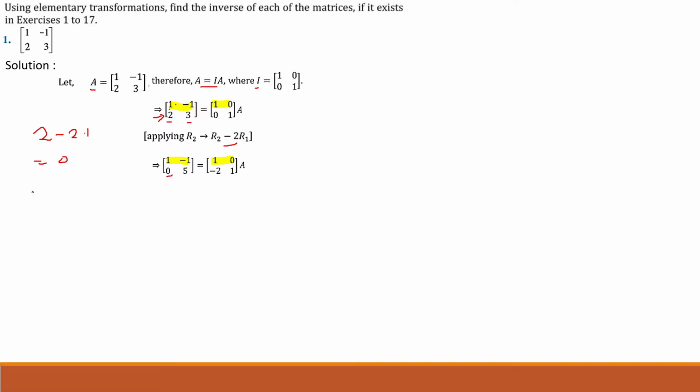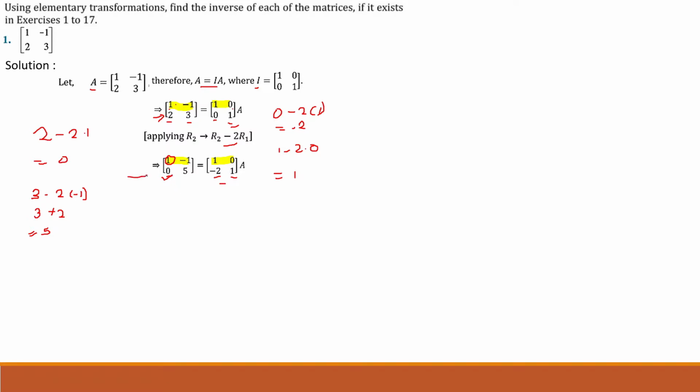Same we have to do for this element, which will be R2, which is 3 minus 2 into corresponding element of R1, which is minus 1, which will be 3 minus of minus 2, which is 3 plus 2. This element becomes 5. So in this matrix, same operation हम करेंगे second row के लिए, which is R2, which is 0 minus 2 into 1, which is minus 2, and 1 minus 0 will be 1. So this is the transformation. हमने इस एलिमेंट का यूज करके इसको 0 कर लिया. Same operation we have done in this identity matrix.